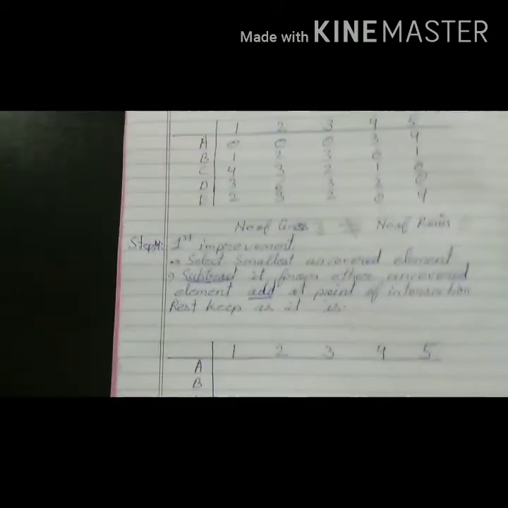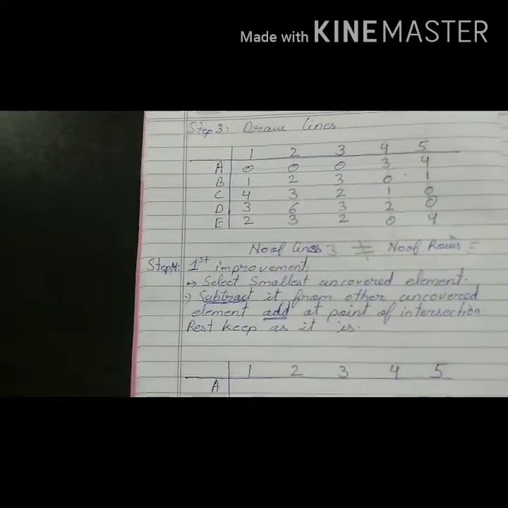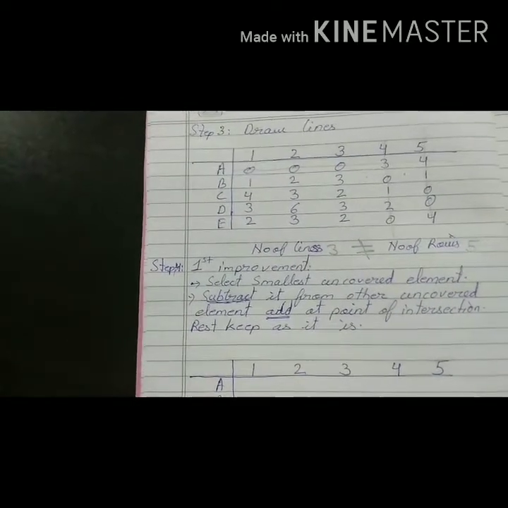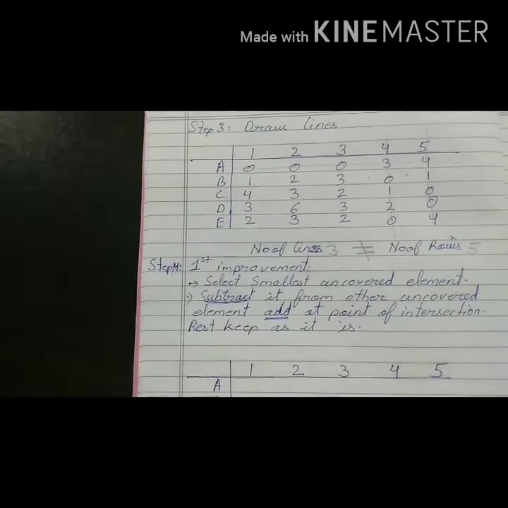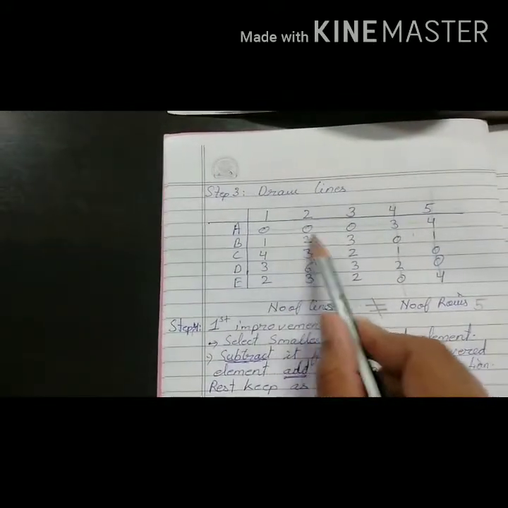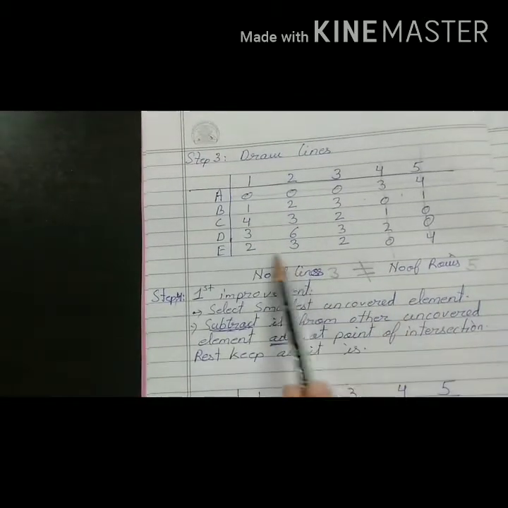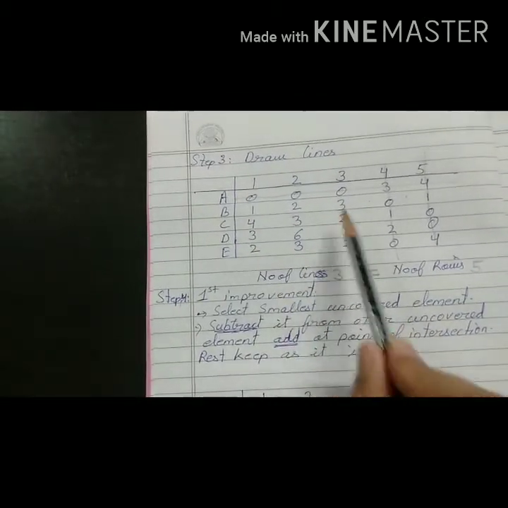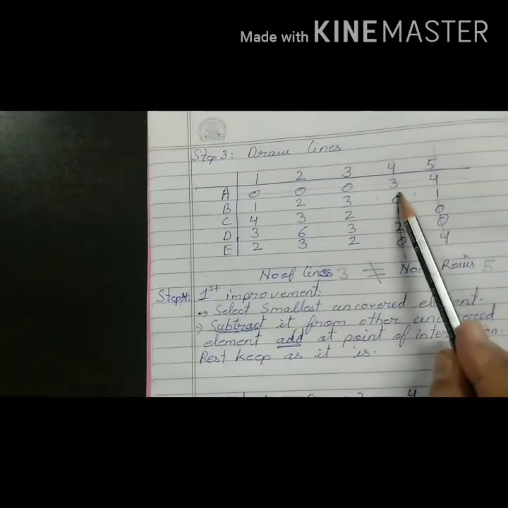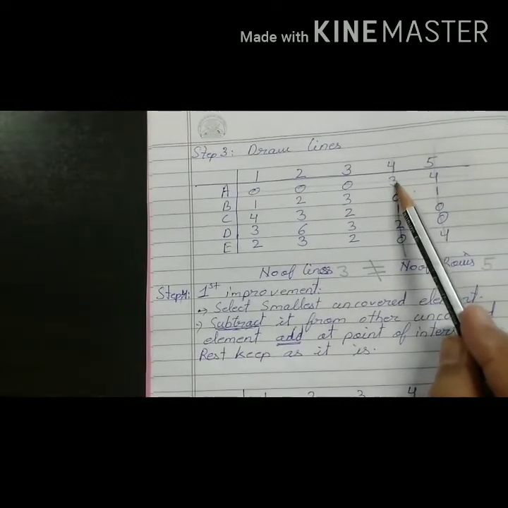Now, how to do improvement? We can do improvement by gaining more and more zeros in the matrix, because when we want to draw more lines, we should have more zeros. So here we need to check which are the covered and uncovered elements. Covered elements are the elements which come under the line. The elements which are not across any lines are called uncovered elements, and the element which is 3 or 4 is called an element of intersection, where 2 lines have crossed over this single point.